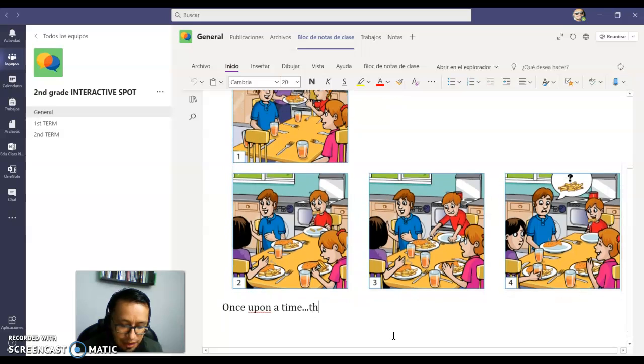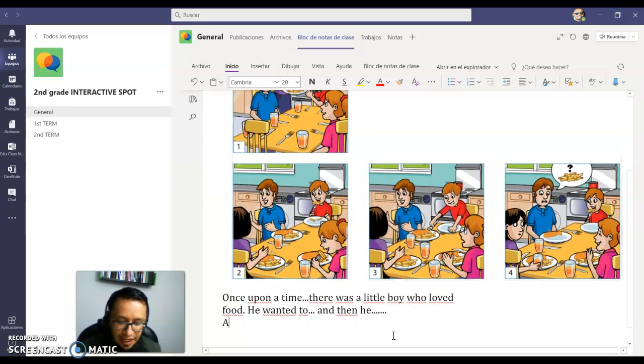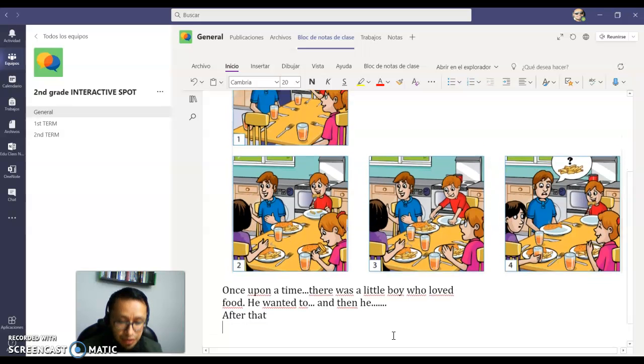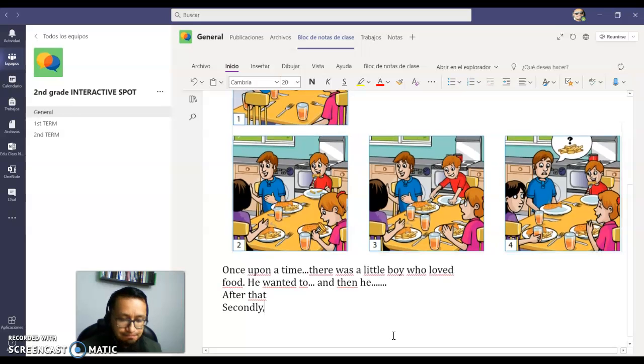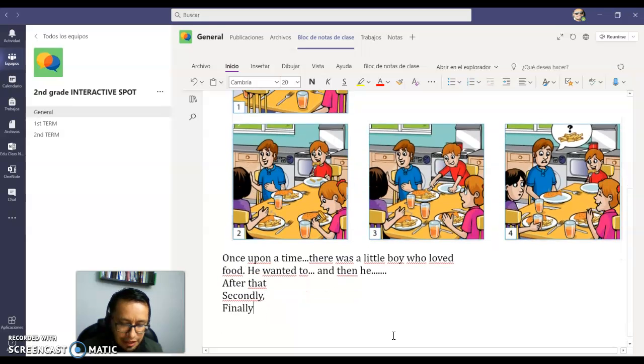Once upon a time, there was a little boy who loved food. Okay. He wanted to... and then he... you have to continue writing the story. Okay. After that, it's important to use connectors. Okay. It's important to use connectors. Secondly, and finally,